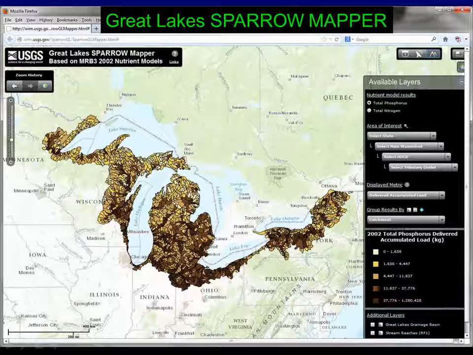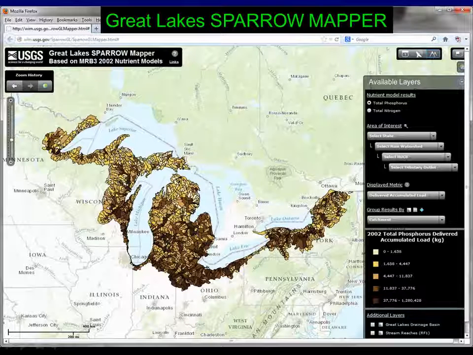I think that's the best way to look at it. And I completely agree with what you said, Joe. Sparrow is a big scale model, and it's great to describe the big patterns. If Sparrow did it all, I wouldn't be here for the meeting tomorrow. The meeting tomorrow is to look at small scale models and look at BMPs. Now with Sparrow, if you look at this map I showed here, and we wanted to say, here's a hot spot right here, what I really like to do is go in there with more detailed models like SWAT, HSPF, and look at that and see really what's going on.